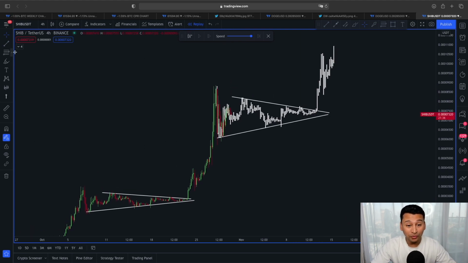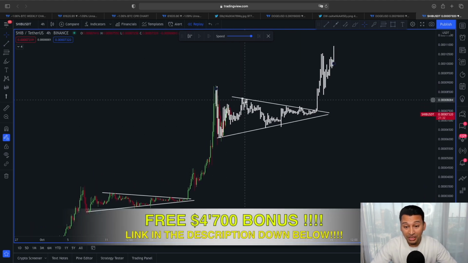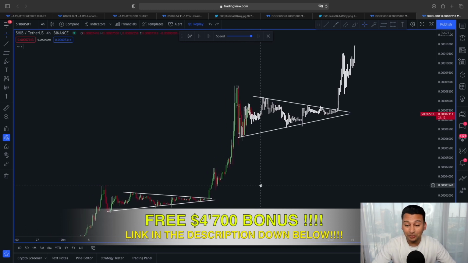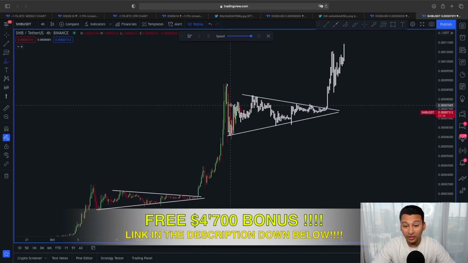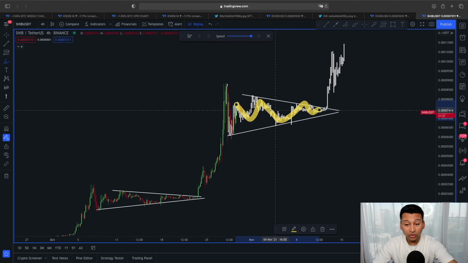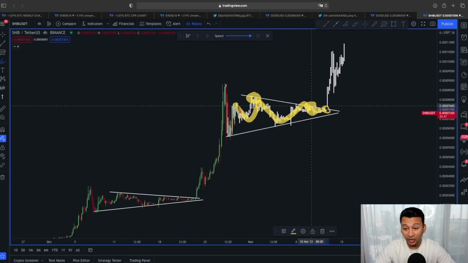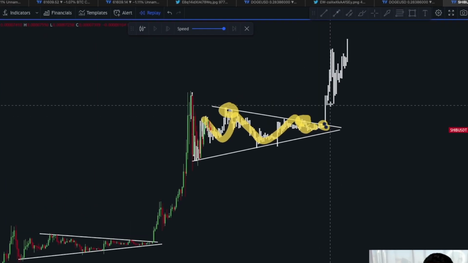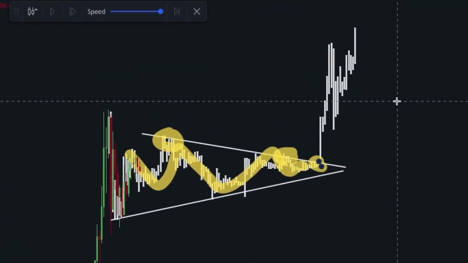And if this actually does play out, a breakout here in this manner, then we are expecting more of a range bound type of scenario, right, for the immediate short term. So what we are expecting for Shiba Inu right now is more of a range bound type of scenario, consolidation inside this symmetrical triangle. And if we do see an actual symmetrical triangle formation taking place, and also breaking the previous temporary resistance line into support, then the price of Shiba Inu could be ready for another huge movement in the upper direction.